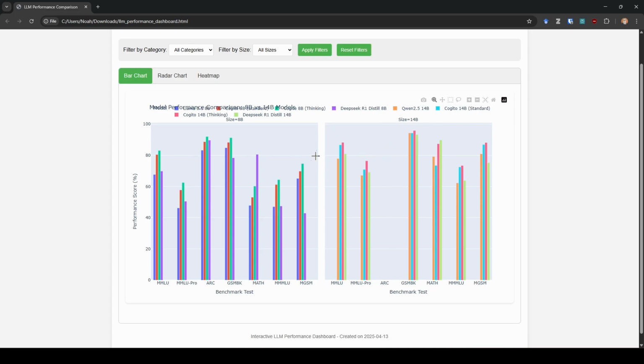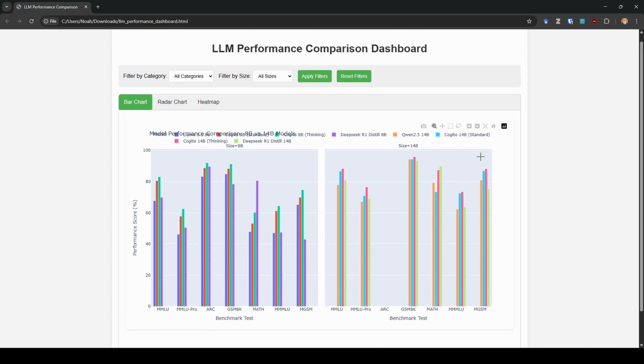So over here on the 14 billion, the light blue is the standard model and the pink is the reasoning model. As you can see, with the exception of MMLU Pro, they are very consistent here. And the other thing that I want to point out, the orange is Qwen 2.5 14B, and a lot of the Qwen models are seen as really, really good models. But here's the other piece. The green is DeepSeek. And that really surprised me. So this is the DeepSeek distillation of the 14 billion parameter Qwen model. And on almost all metrics, the Cogito model was doing better. So I was really intrigued by this, and that is why I started experimenting with it.